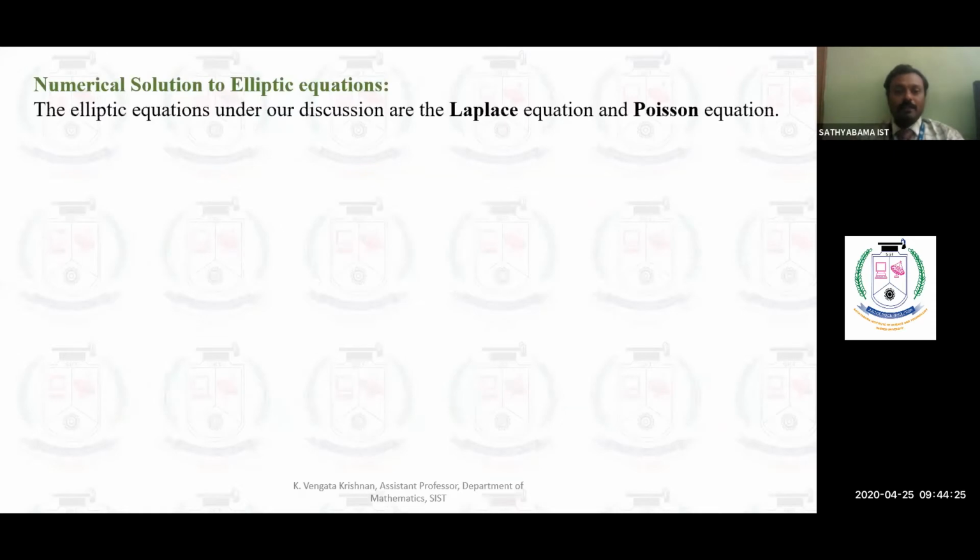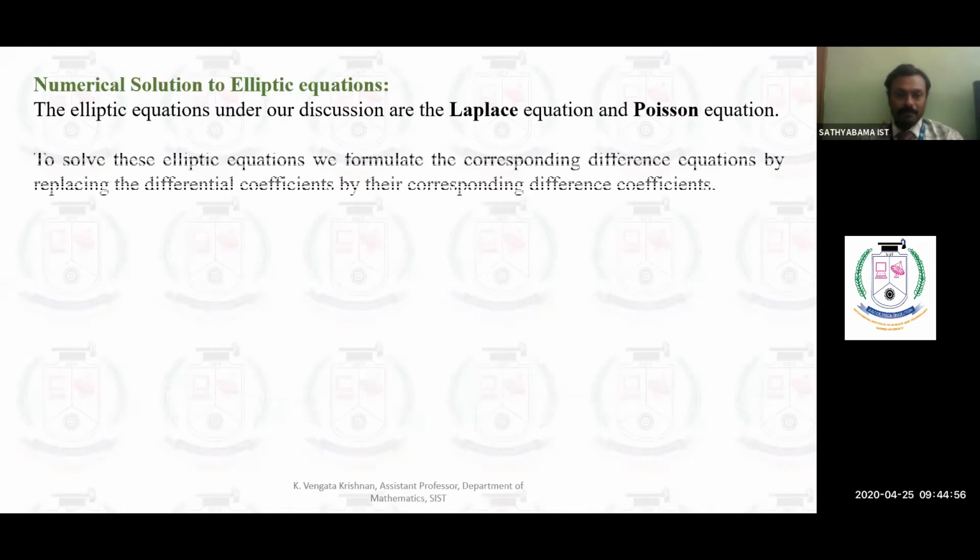Now, how do we evaluate the numerical solution of elliptic PDE? The entire session is divided into 3 parts. Yesterday, you would have discussed the numerical solution to ordinary differential equations. In this session, we'll try to complete the numerical solution to elliptic equations. In the next session, we'll be discussing the numerical solution to parabolic PDE and hyperbolic PDE. Now, let's see how to solve a Laplace and a Poisson PDE.